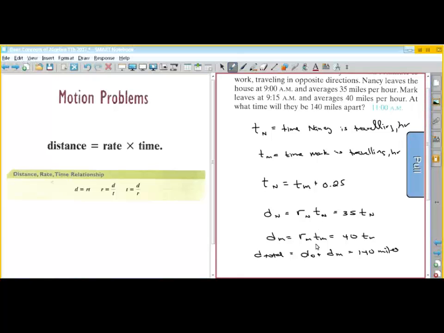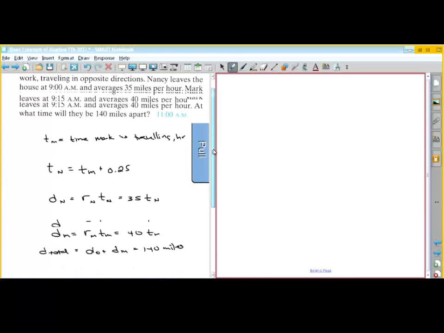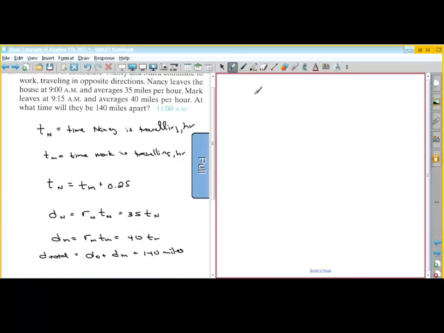So ultimately, what we're working towards is a single equation and a single variable. So what we could do is rewrite this equation, but substitute in those variables. What you'd end up with is, for the distance Nancy travels, 35 times the time that Nancy travels. The distance that Mark travels is the speed he travels times the time Mark travels, and that has to equal 140. Okay, so we have one equation and two unknowns, but we can then substitute in this